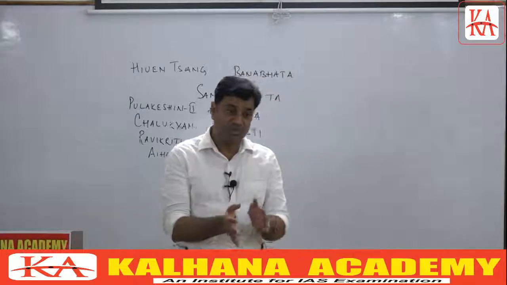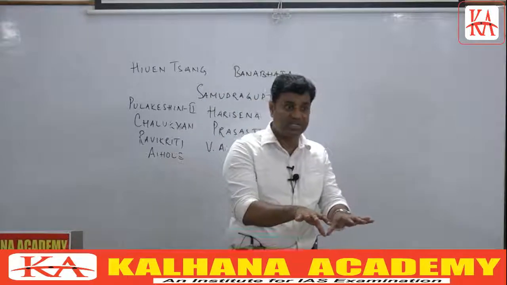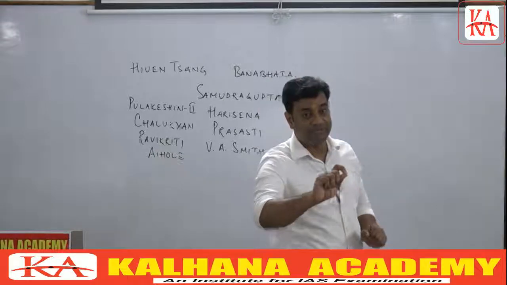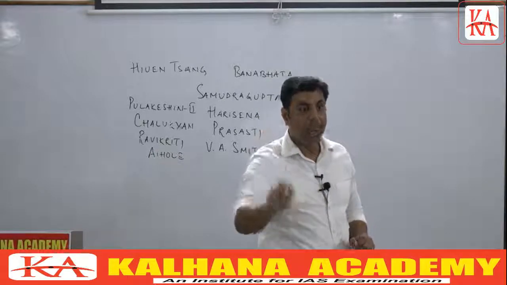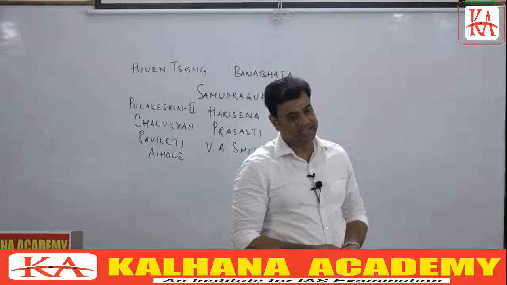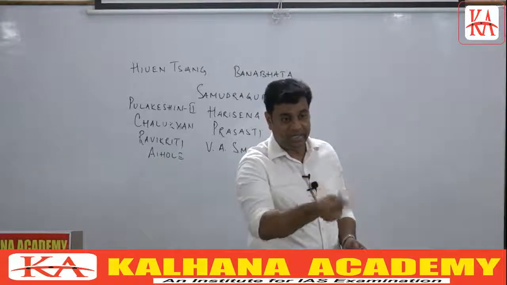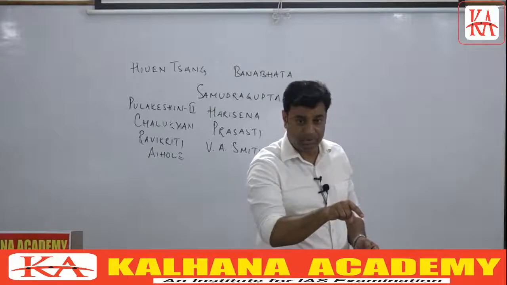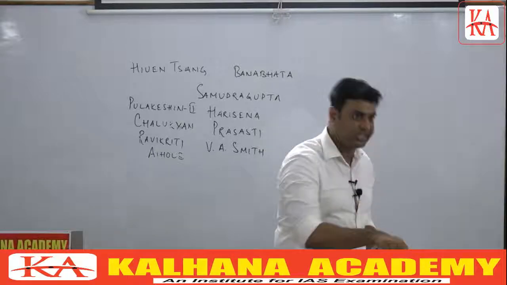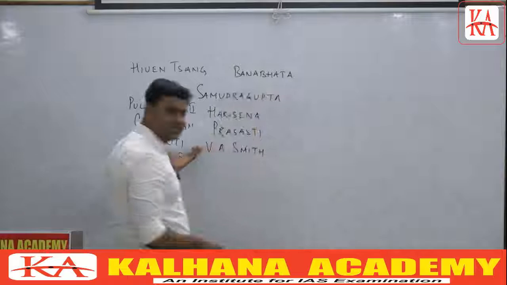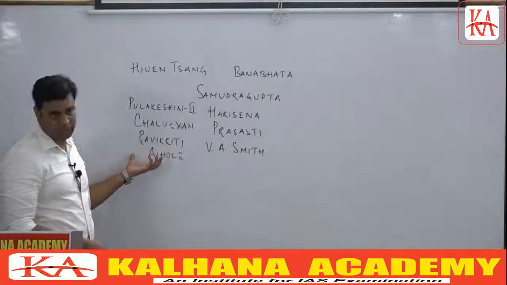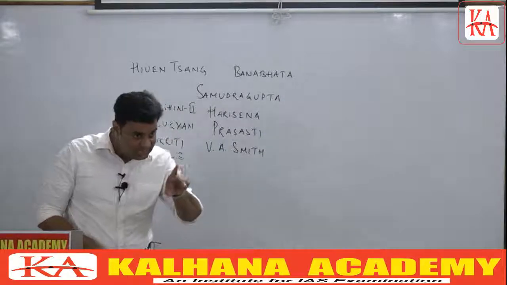In order to hide the weaknesses of his master, he has written that Harshavardhana defeated a large number of rulers of North India, but could not defeat Pulakeshin II. That is giving a shadow to his weaknesses. But the reality is, he was not able to defeat Pulakeshin II, and himself got defeated by Pulakeshin II. That is clearly written by Ravikirti in the Aihole inscription. So you need to understand the relative merit, clear?